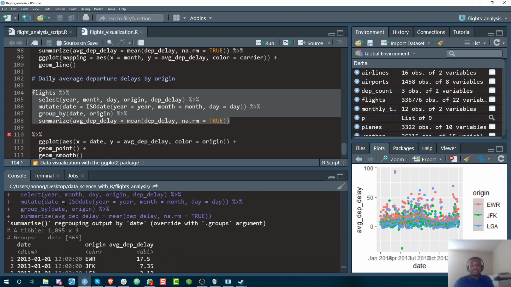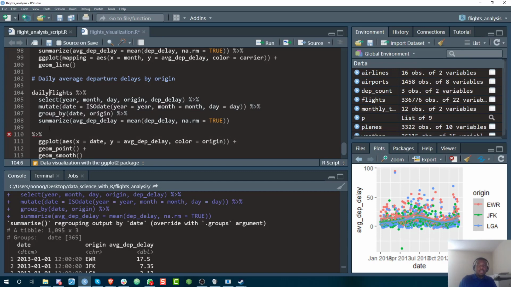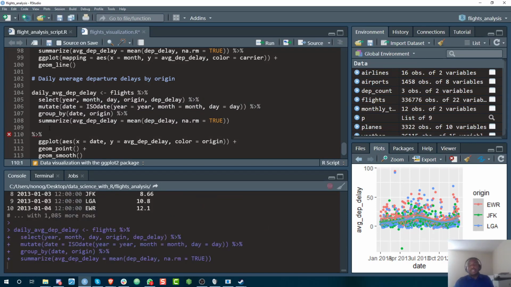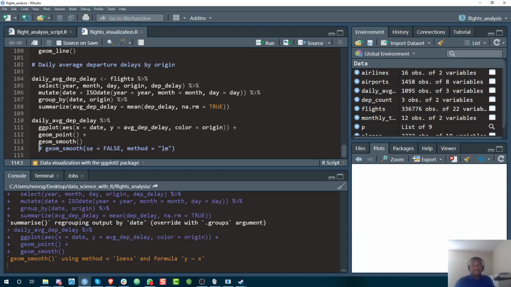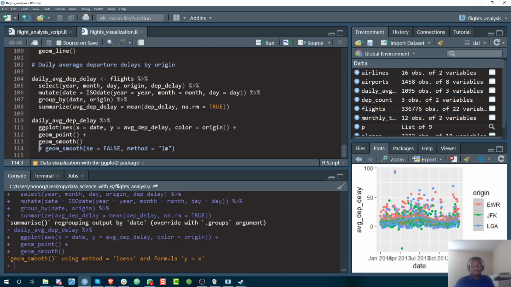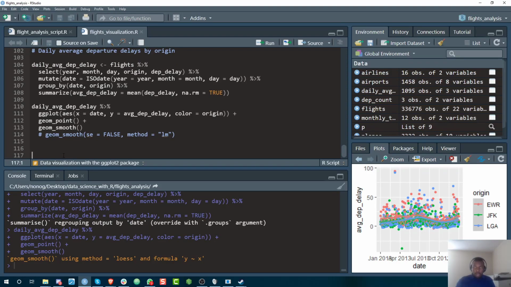I'm just going to create a variable for this. This is daily AVG departure delay, and here, yeah, I can just write it here. It's going to work. Daily AVG departure delay, because I'm piping it into Ggplot, so this is still going to work anyways. Let me show it to you. Yeah, so same. All right, so now I want everything to be in their own